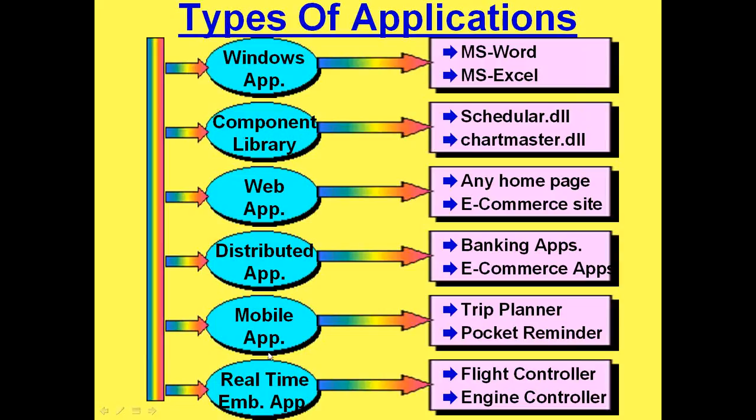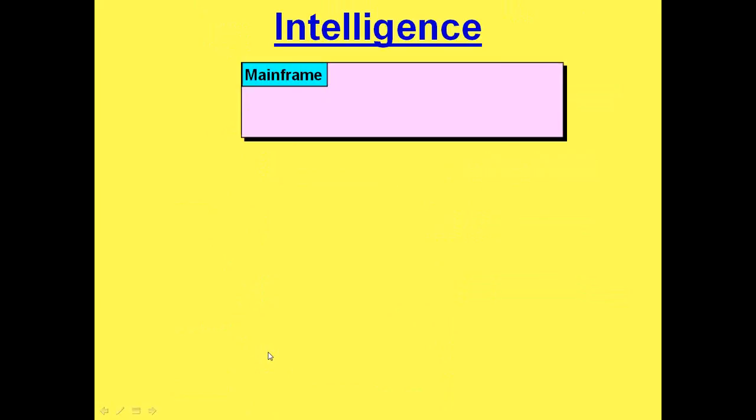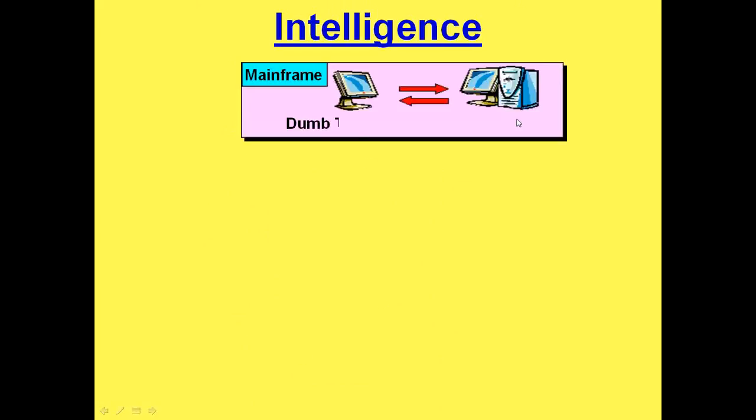Now, in the beginning, we had mainframe computers. The concept is the same: you have one client, you have one server. Client will send the request to the server. Server understands the request and sends an appropriate response to the client. But the problem with the mainframe is its size. One computer is around one room in size.